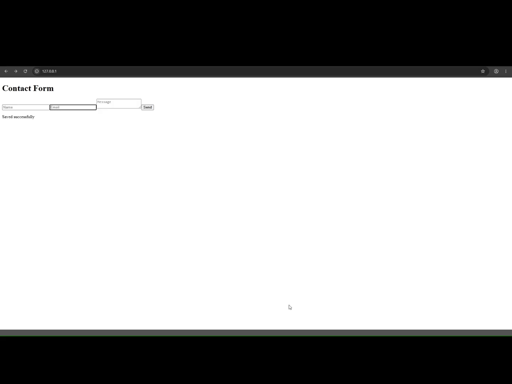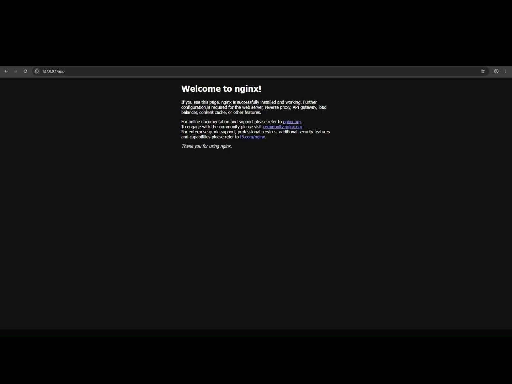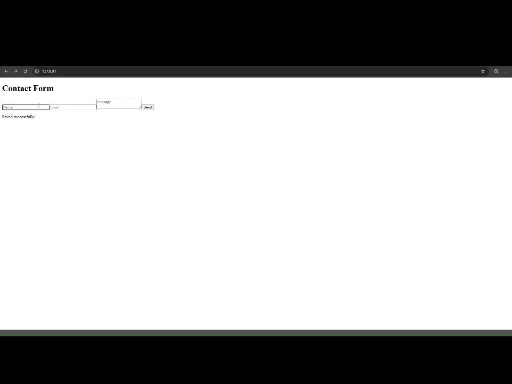So this is our application where we are locally on localhost, where we have a contact form. Another one is your Next.js application that is running on port 80. So in this contact form, we will save some data, and we will check that the data is saved in the MySQL database. So the data should be like this, and